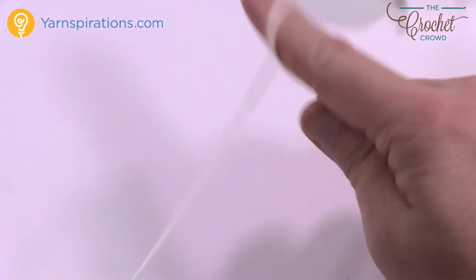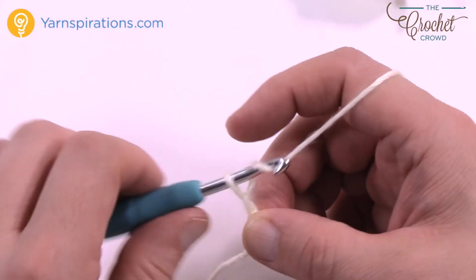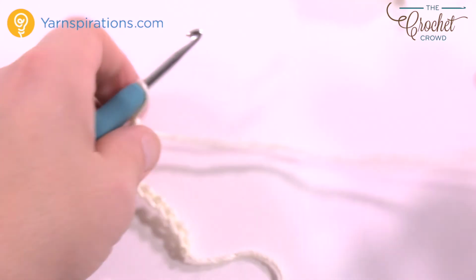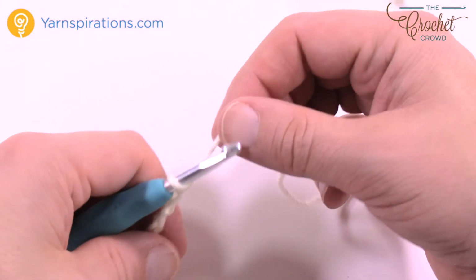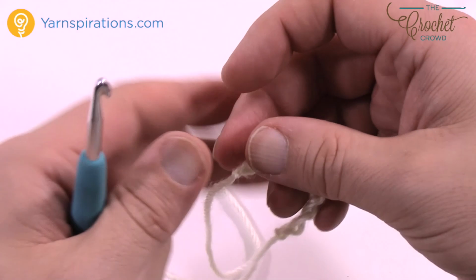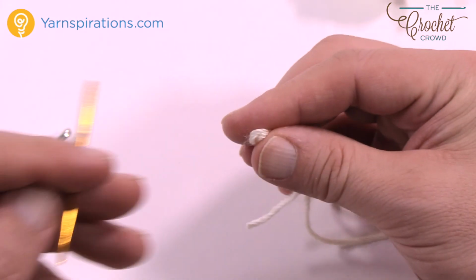Just leave an extra long tail again, and you're only going to chain 8. So you're going to go 1, 2, 3, 4, 5, 6, 7, and 8. Done. Just trim this and pull tight on both sides. And then what I would probably recommend you do is just put both of these strands through the darning needle at the same time